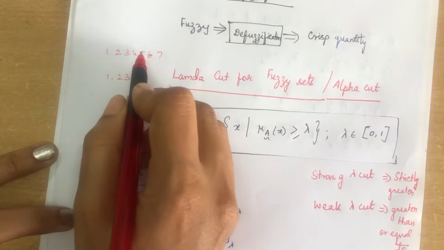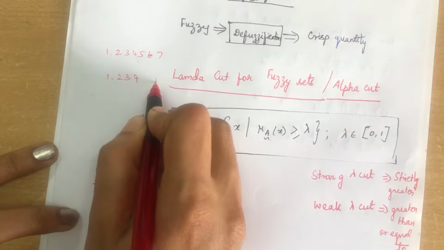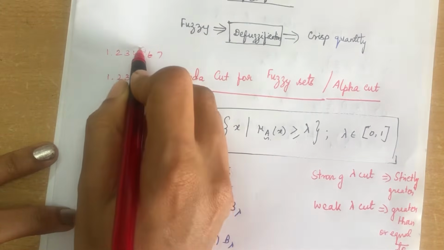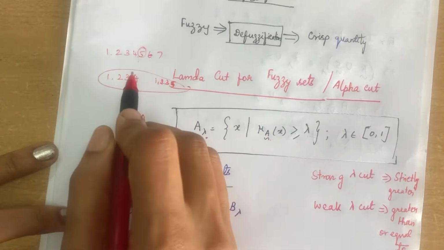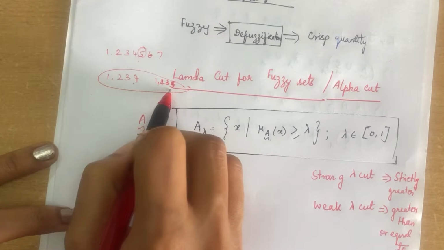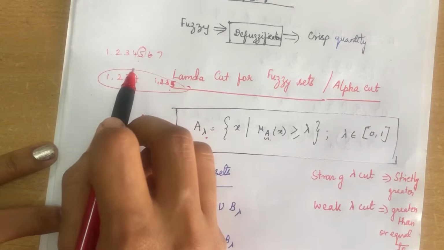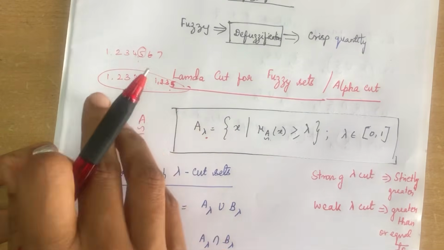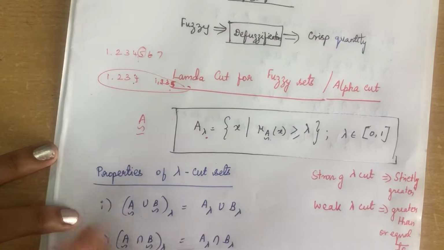Or otherwise you just chop the value and write it, but the actual value will be between 1.234 and 1.235. You can also round off and write 1.235. But the actual value in mathematics will be between 1.234 and 1.235. This is nothing but a fuzzy value. How do you convert it into a crisp value? By rounding off, or it may be chopping. That is called defuzzification. You are converting into one single value.